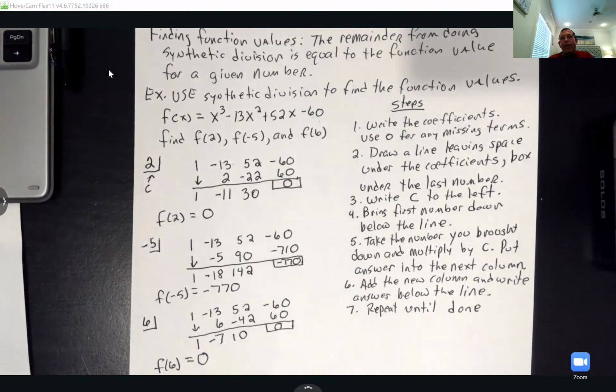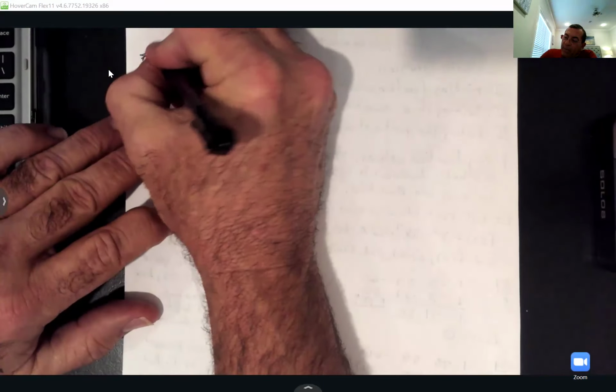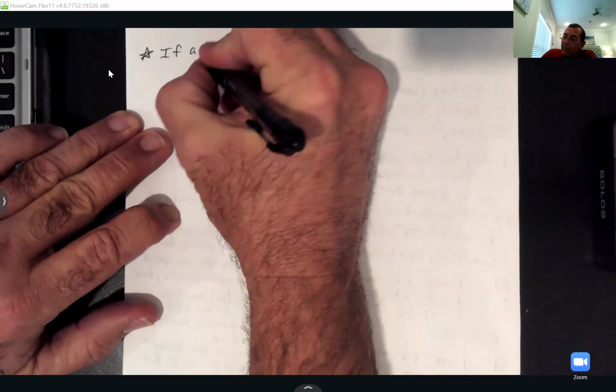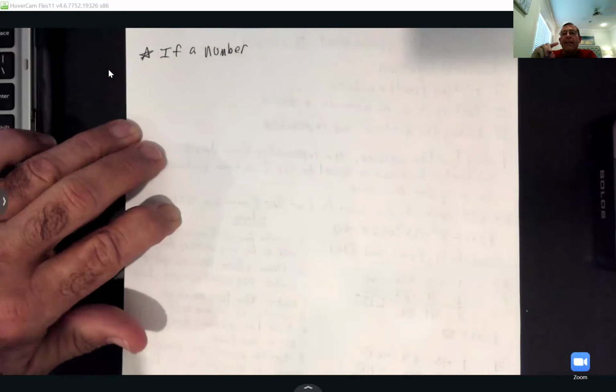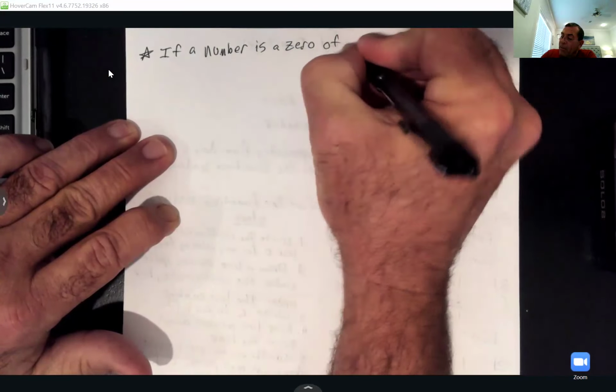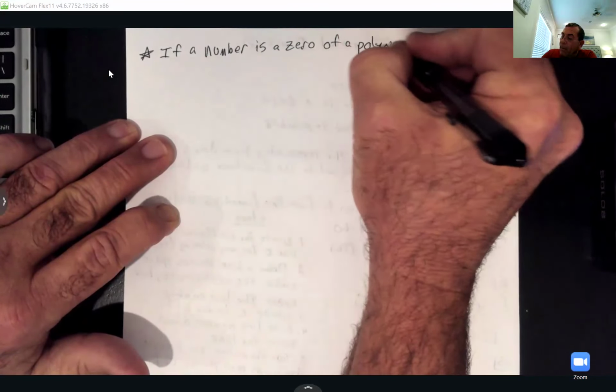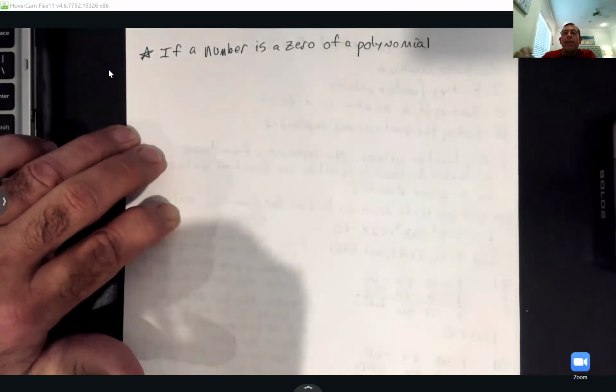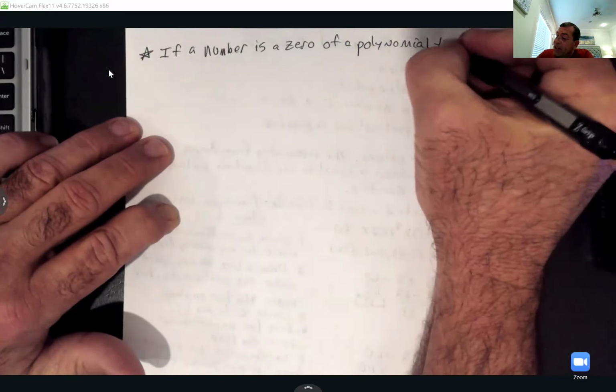All right, y'all, so let me show you examples of the second thing I use it for. Remember, I said I can also use it to check if a number is a 0 of a polynomial. So let's write a little note about that. If a number is a 0 of a polynomial, then the remainder from synthetic division